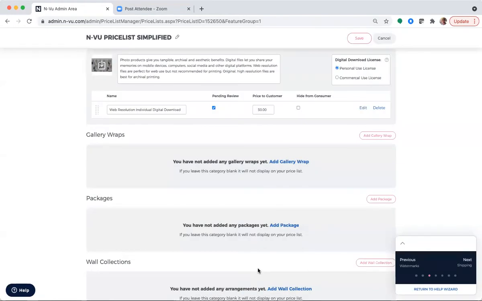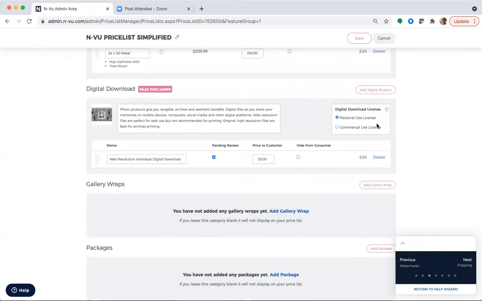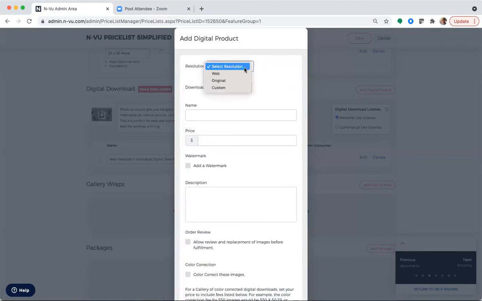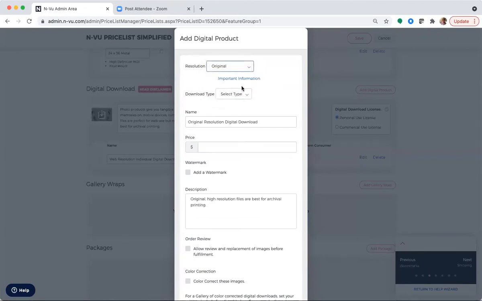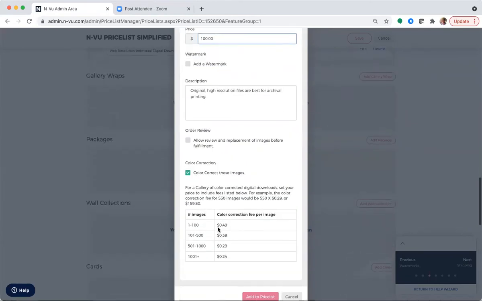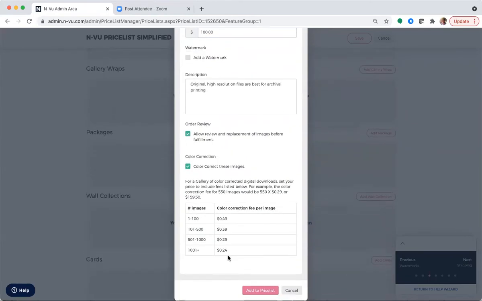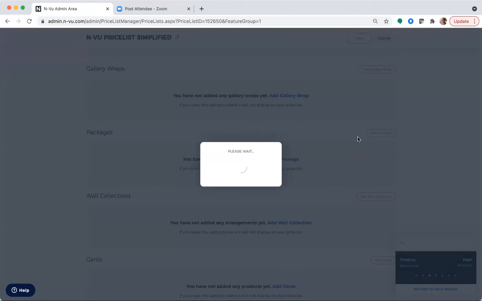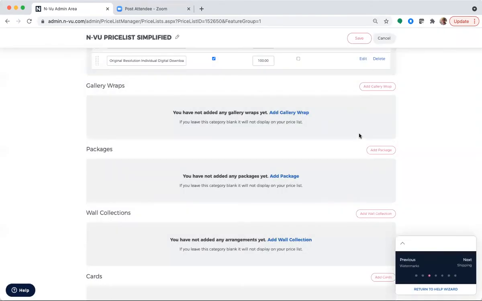And then add to price list. Okay, and then you can do the same with the original resolution. Okay, and then add that. Now I want to talk about briefly the